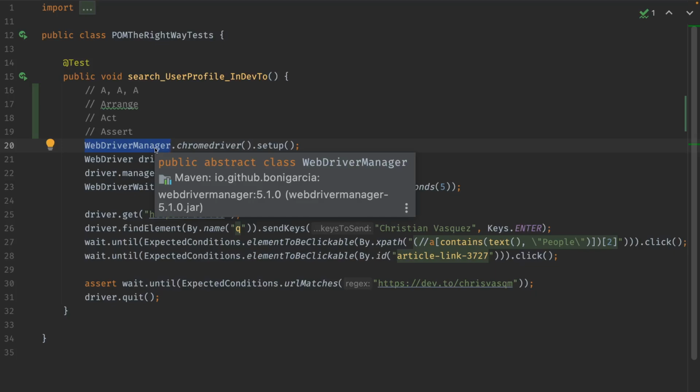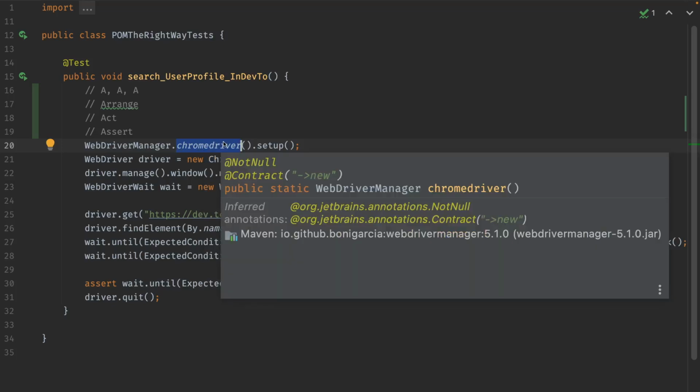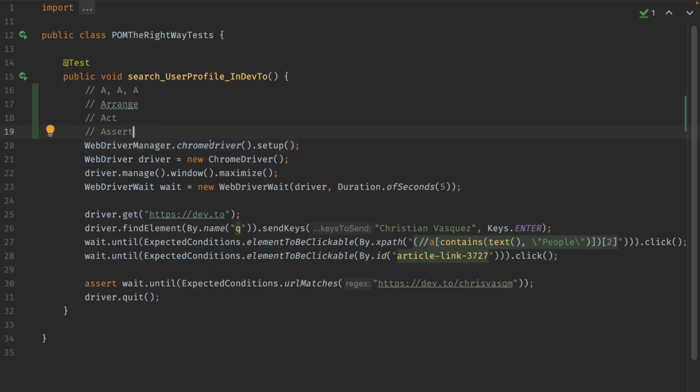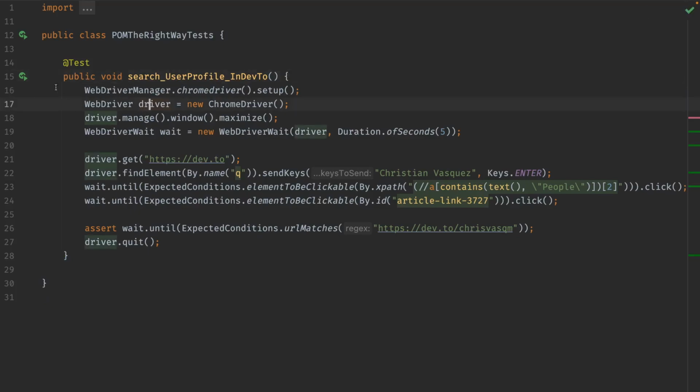Now this sets up a matching version of the Chrome driver to the Chrome browser itself on my local machine. That way, if we have, let's say, Chrome version 1, but the Chrome driver is expecting Chrome version 2, it's actually going to go lower so that both match Chrome version 1. You may run into this issue if you don't add this dependency, so keep that in mind. The rest of the code is pretty simple. If we go ahead and run it,